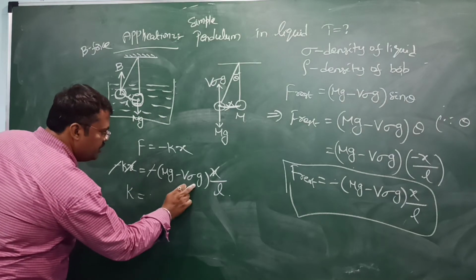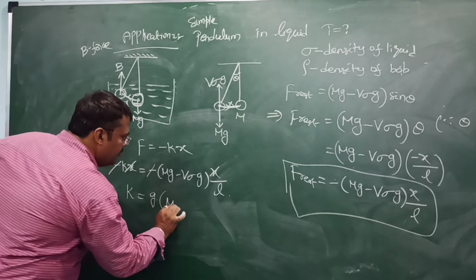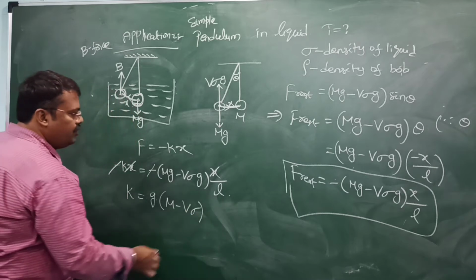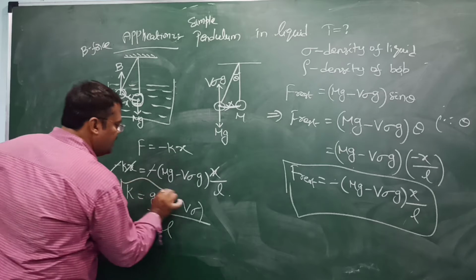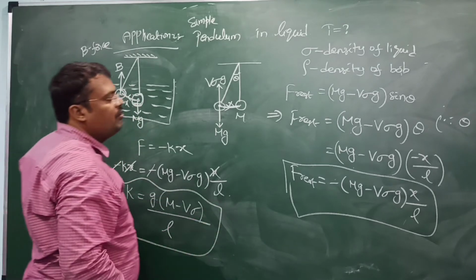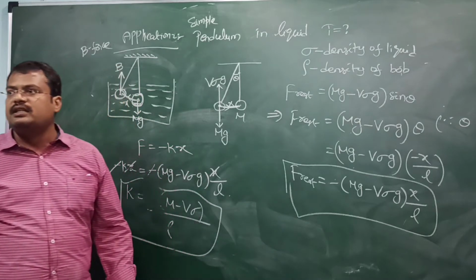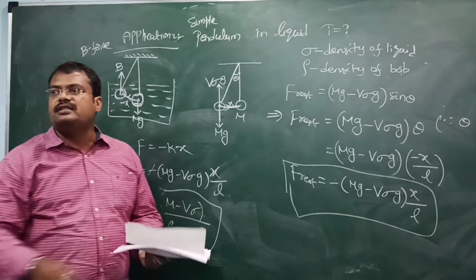So G you have to take common in this case. So G into m minus V sigma, into V sigma divided by L we will get here. So now the final step we will take, that is T is equal to,